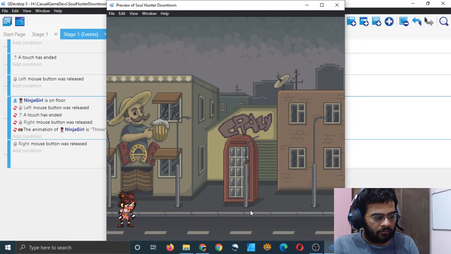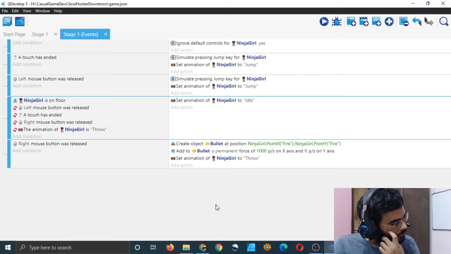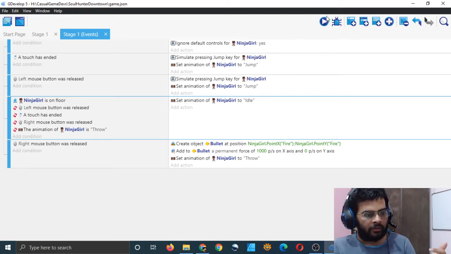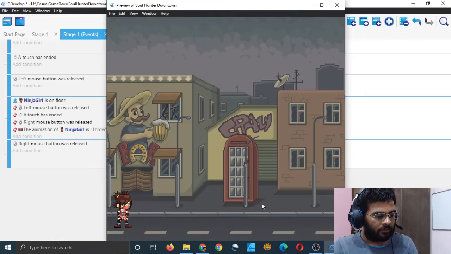And okay, yeah, so it's working, but then it's taking the animation right to the throw animation, and it's not going back.